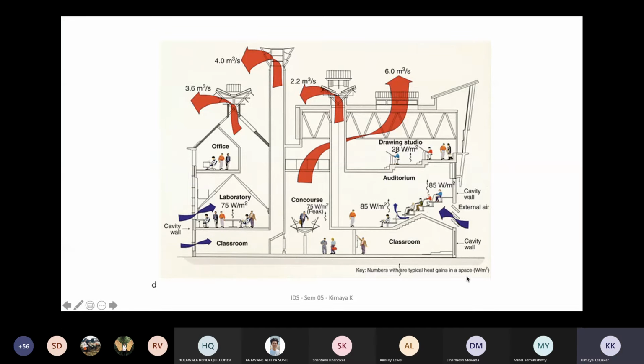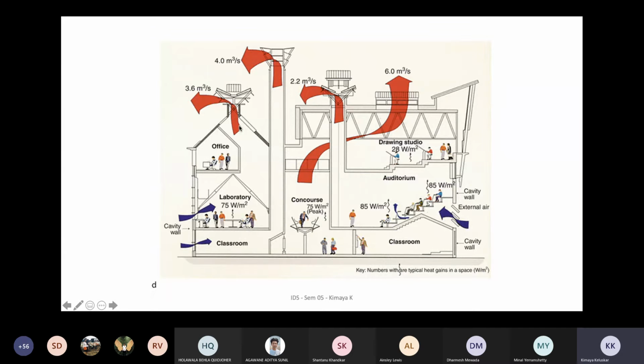This is the section through the entire building wherein you can see the auditorium is placed here on the right hand side just above the classroom. Whenever you're designing an auditorium, a lot of times you feel that below the steps it's going to be a very dead space. It is up to your design how you make that entire space beneath your seating area accessible. So here they have put a classroom. Then they have this auditorium with a vertical stack. Then there are drawing studios at the top, and a laboratory, offices, and others.